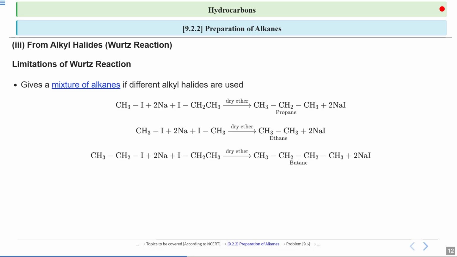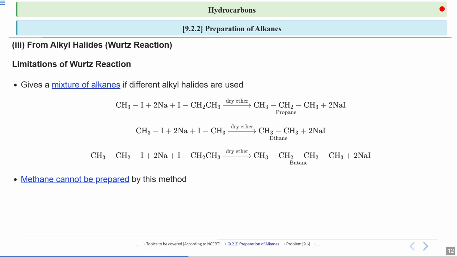Now, as I said, there can also be one more possible reaction where 2 molecules of iodoethane react to form butane along with sodium iodide. So these 3 products are possible if we are taking a mixture of 2 different alkyl halides. However, it is crucial to understand that methane cannot be produced using the Wurtz reaction. This is because the reaction involves coupling two alkyl halides, and methane, having only one carbon atom, cannot be formed using